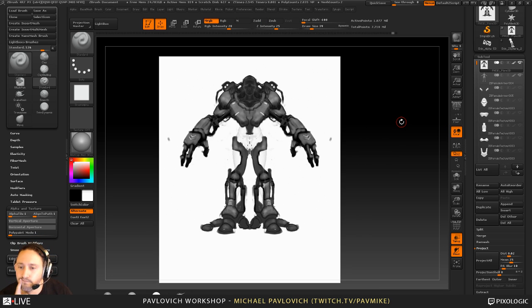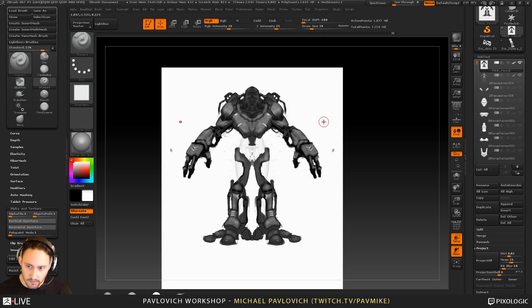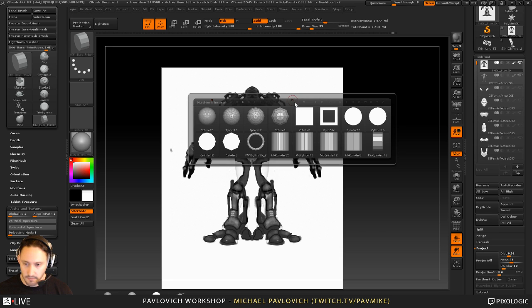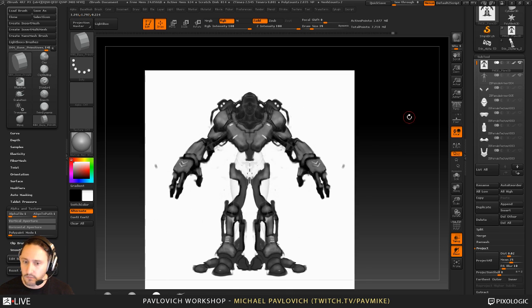So, the best way I want to tackle this thing. My gut tells me there's a bunch of different ways we can do this. The easiest way off the top of my head is just to use Dynamesh. So you can go to Brush, Insert, BI, and then just drag out a sphere and Dynamesh that. I'm going to go into my custom menu here, and we'll just drag out